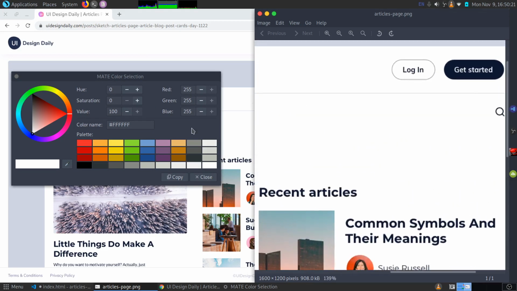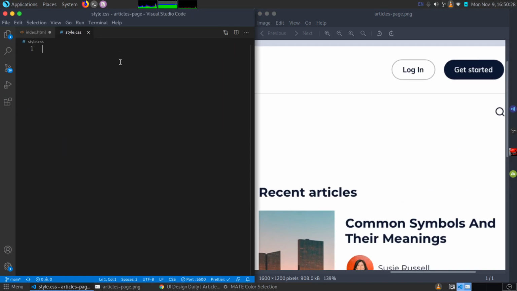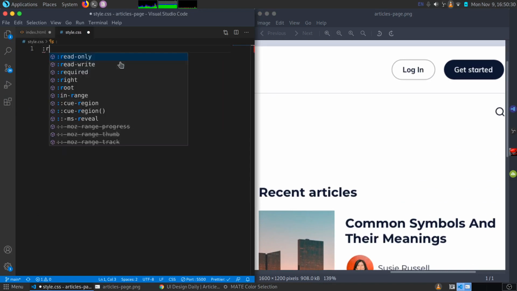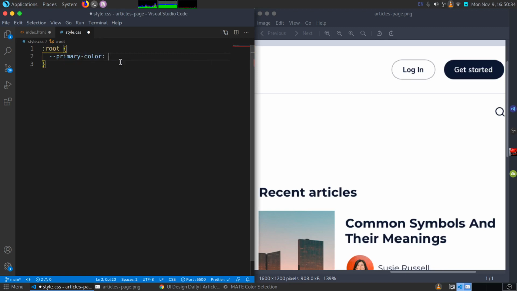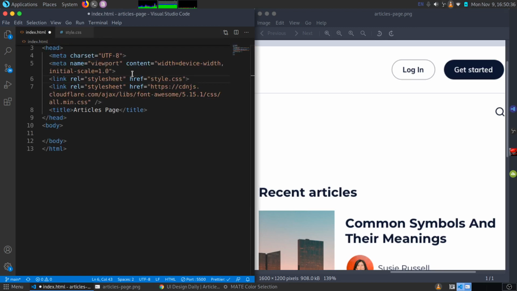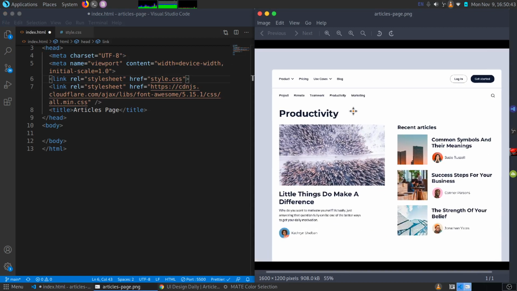So I'm going to grab this color, and place it in a variable called primary color, like that. Now the next thing I would like to do is add the bit of HTML that we're going to need